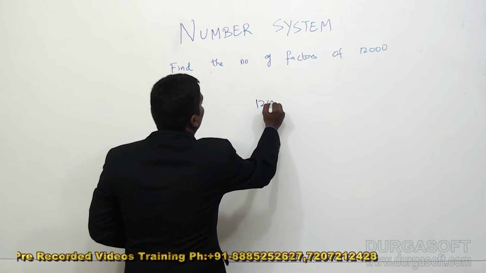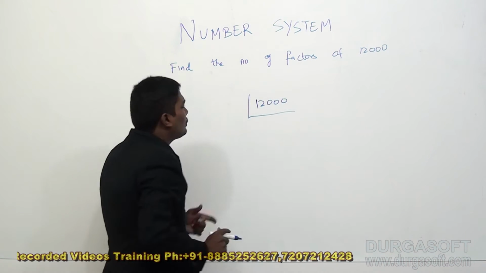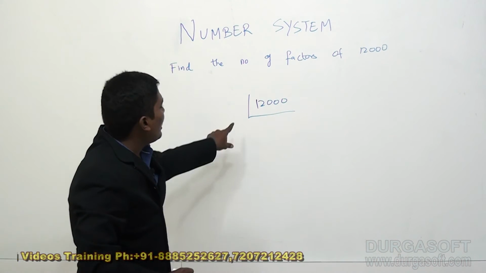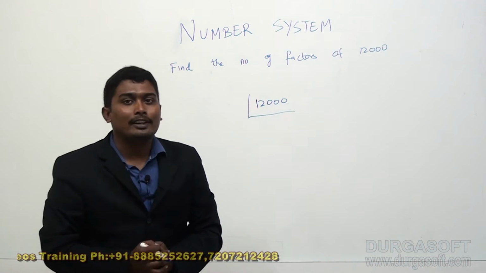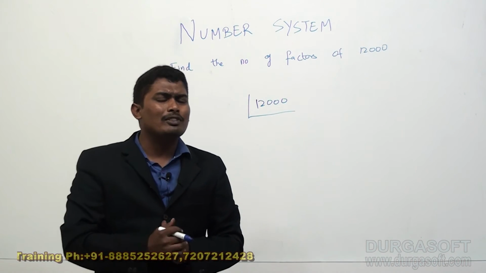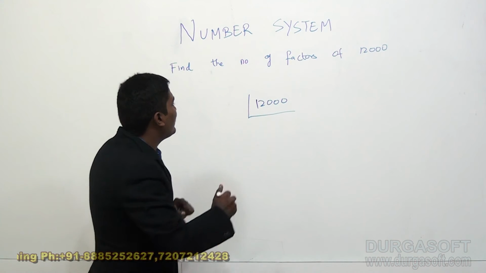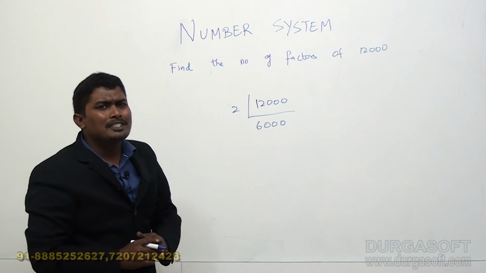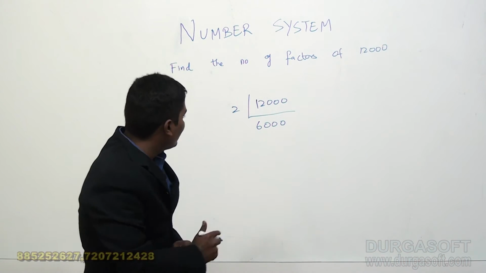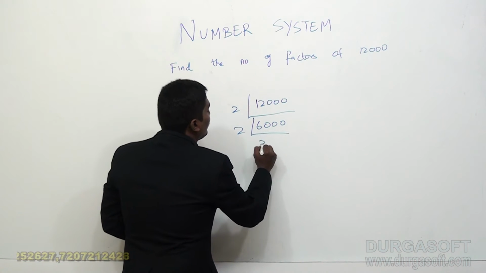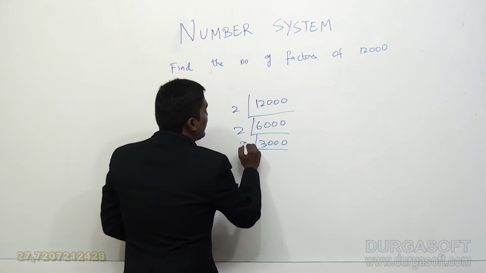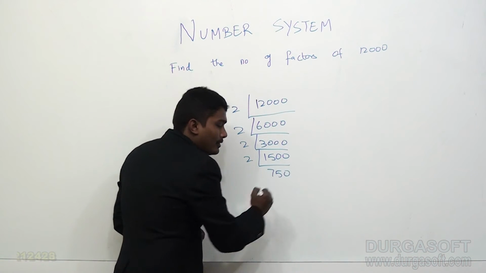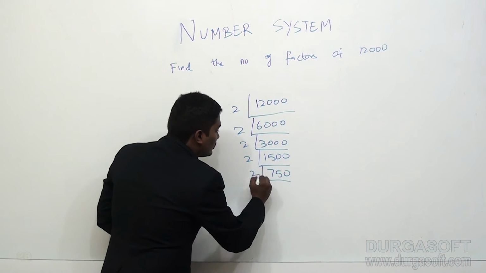So 12,000, can I directly divide it by 10th table? I can divide, but however in our method we will be using only prime numbers to factorize. I will not be using composite numbers, I will be using only prime numbers. So first thing, I will be dividing it by second table, 6,000. Again this number 6,000, I can again divide it by second table. So divided by 2, 3,000, divided by 2, 1,500, divided by 2, 750, again divided by 2,